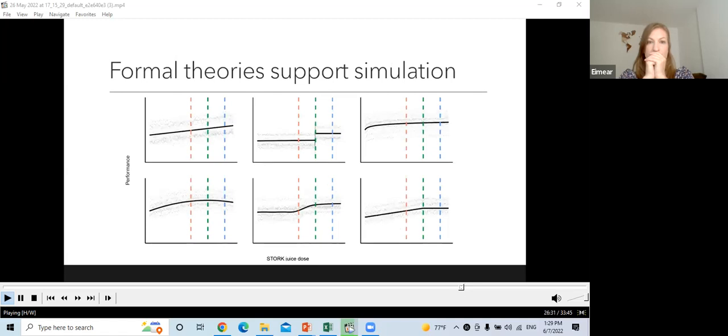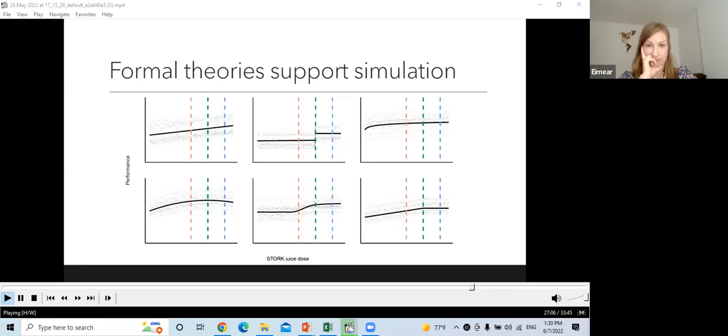These are, for example, a bunch of different possible dose response models, and they've been parameterized as well. You can see the individual simulated participants. They've been parameterized such that on the very right hand side of the x-axis is the typical STORK dose, on the left hand side is the placebo, and they've been parameterized to show that 0.9 standardized mean difference. And we could look at a bunch of different doses relative to that typical dose. We could look at the red line, 50% of the normal dose, or the green line, 70%, or the blue line, 90% of the typical dose that's implemented.